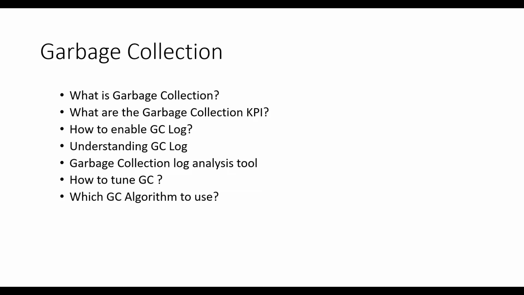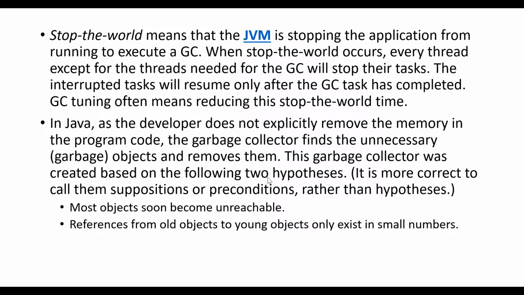But what actually happens when this GC event occurs? For every GC event, there is a terminology in Java: we call it a stop the world process. What is meant by stop the world? This is a reference to the JVM: stop the world means it is stopping all the application threads from running, because it is giving priority to GC. GC is a daemon thread.